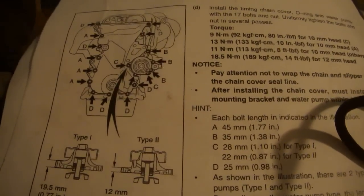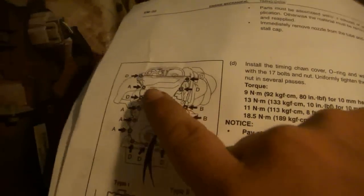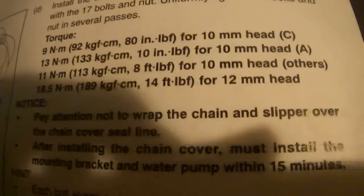Next, we're going to install the smallest bolts, which are about 1 inch long, and they are the D bolts. By the way, this is page EM22. The D bolts go here and there. They are supposed to be torqued to 8 foot-pounds, which is 96 inch-pounds. The first of those two is this bolt in here, and unfortunately I couldn't figure out any way